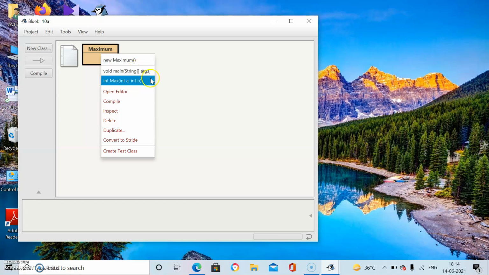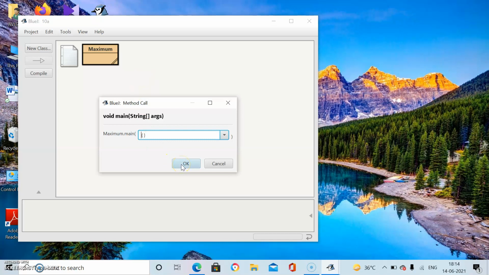We need to run only void main, no need to run both the methods. Main will call the max function, max will return the value to main, and main will print the result. Run this function void main.